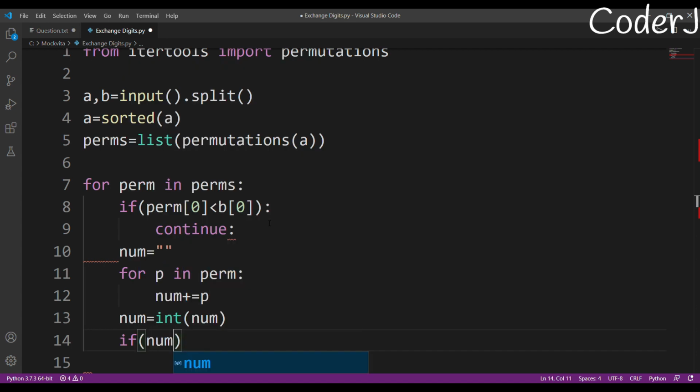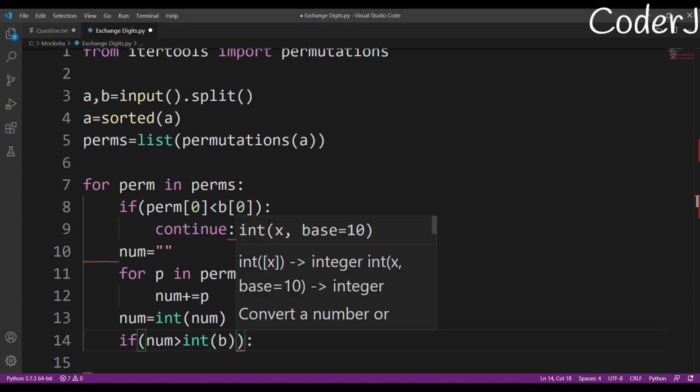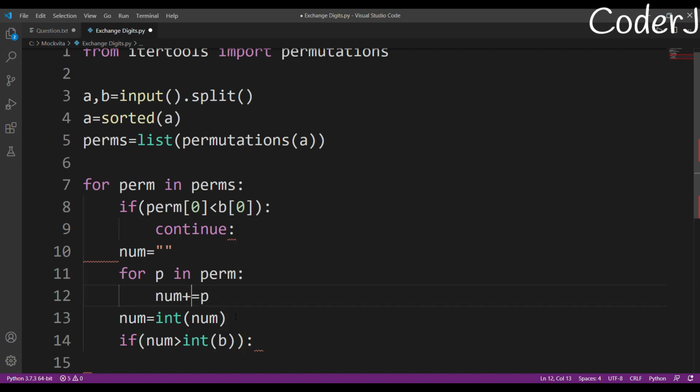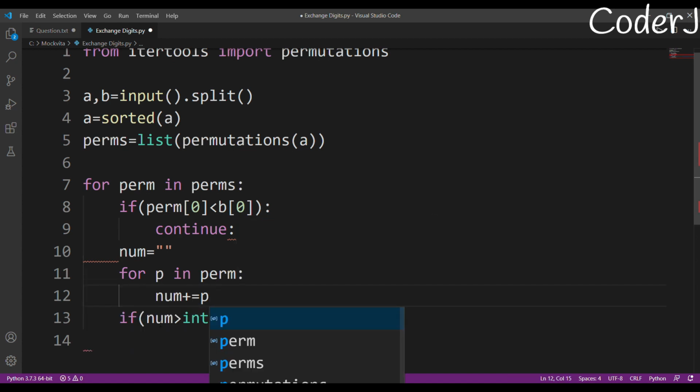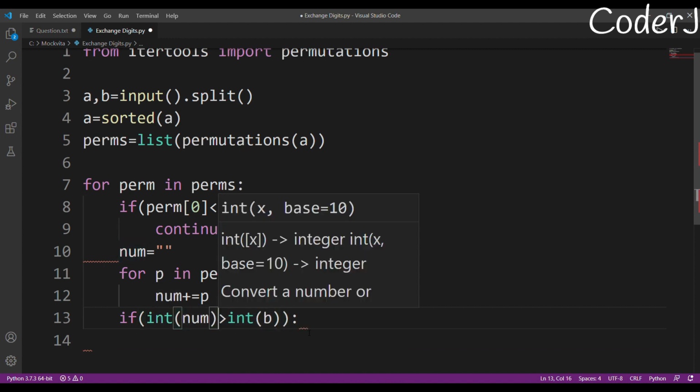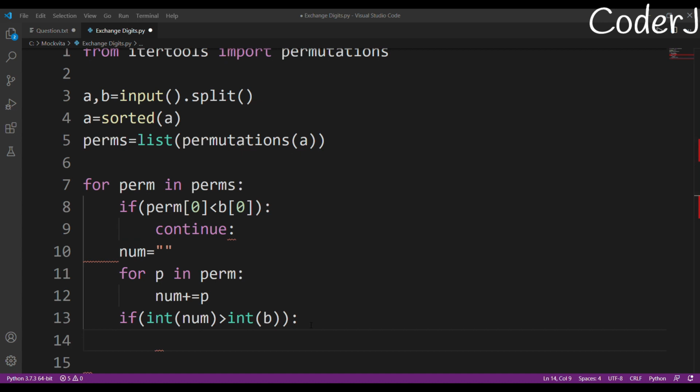So if num is greater than b, because we need to find a number that is greater than b, by the way I have to typecast int b also, because I've taken the value in the form of string, right? And I'll just typecast my num here. So if num is greater than b, then I'll break.